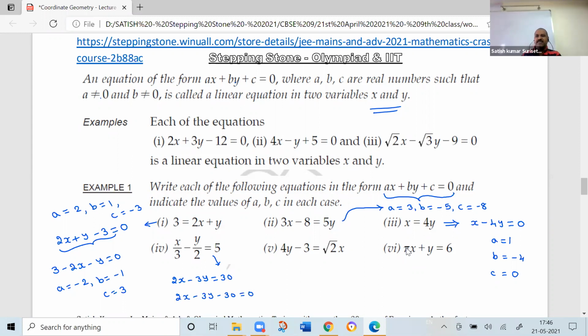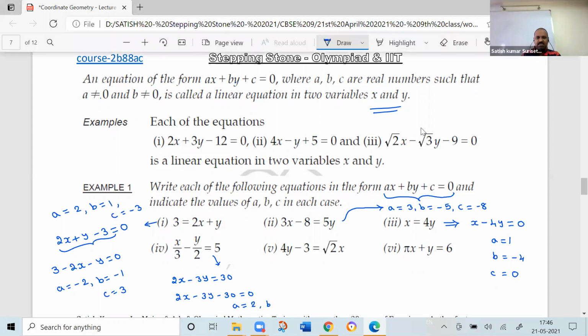Now, tell me the values of a, b, c now. a equal to 2, b equal to minus 3, and c equal to minus 30. Correct. Now, suppose I write without simplifying, still you are able to write the values of a, b, c by taking 5 to the left side. Now tell me in that case what are the values of a, b, c without simplifying. What is a equal to?